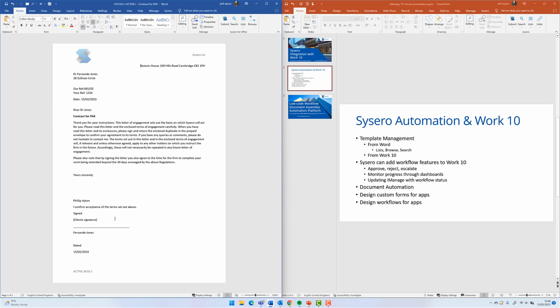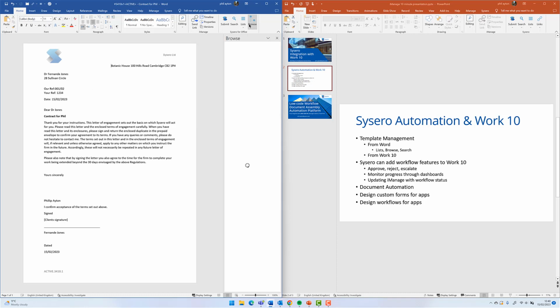So the document has been created. It's stored in iManage here. You can see the iManage number up here. And we can also see we've put in a footer here with the number and the version number on there as well. So you can use lists and create lists to actually go ahead and access templates, but you can also do it using our browse function,